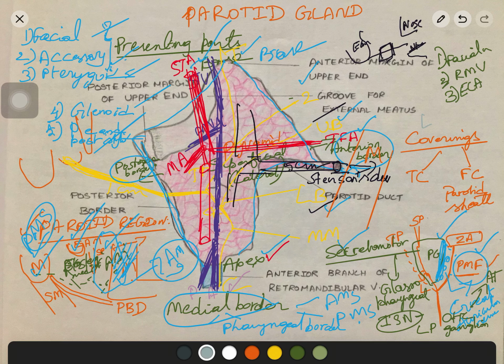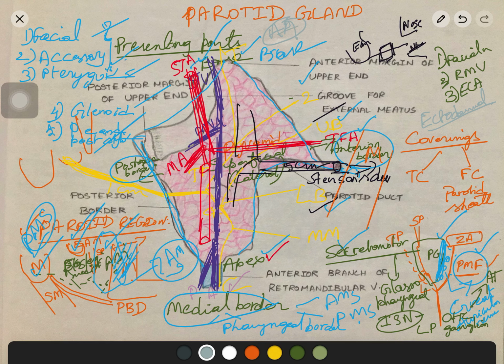If we want to know the development of the parotid gland, it is an ectodermal derivative. You should have learnt in the development of the face, between the two processes, mandibular and maxillary processes, when they fuse, this cord of cells is buried, then it is canalized, so that will form the parotid duct. Later comes the gland development. So this completes the development of the parotid gland.